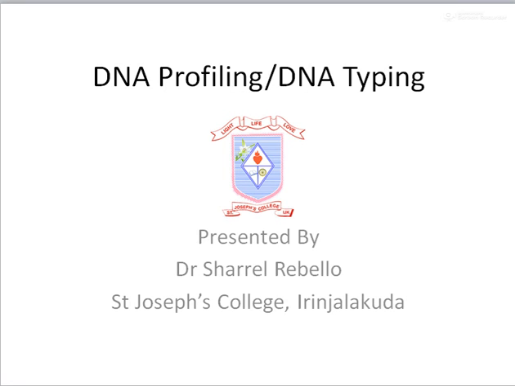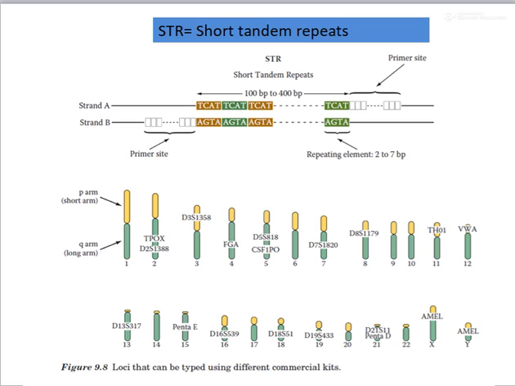Let's continue with the second part of DNA profiling or DNA testing. As we had previously described, the process of DNA profiling is mainly carried out based upon the presence of various short tandem repeats found within the human genome. Now, what are these short tandem repeats? These are small elements or sequences 2 to 5 base pairs in length, which have been repeated within the human genome without any interposed sequences.